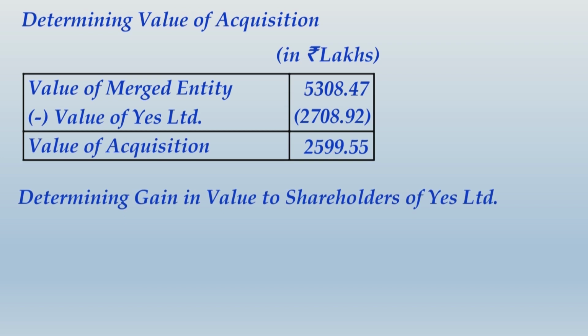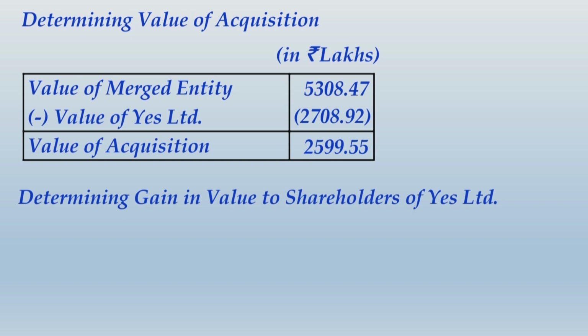So we can say the shareholding of original shareholders of Yes Limited is double the number of shares held by the shareholders of No Limited, 1 lakh and 50,000. So double the number of shares. So after merger, if you look into the shareholding pattern, the original shareholders of Yes Limited will hold 2/3 of the shares in the merged entity, and the shareholders of No Limited will hold only 1/3 of shares in the